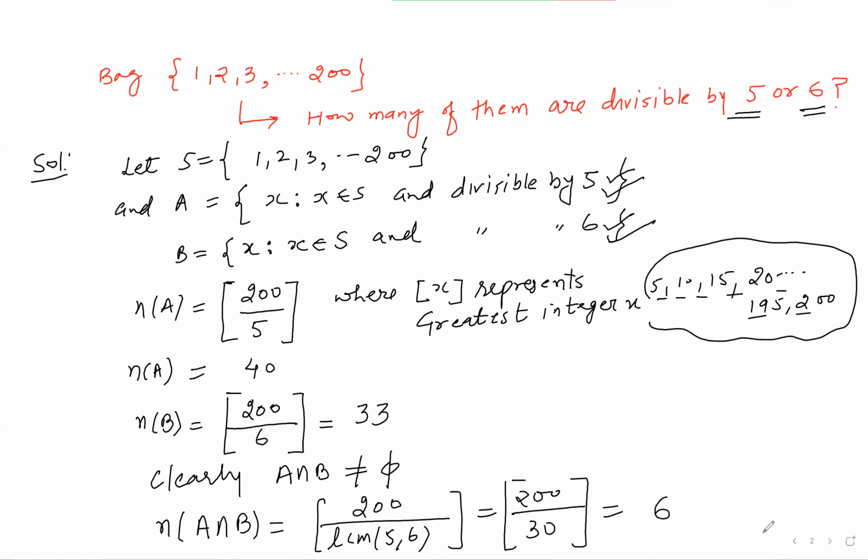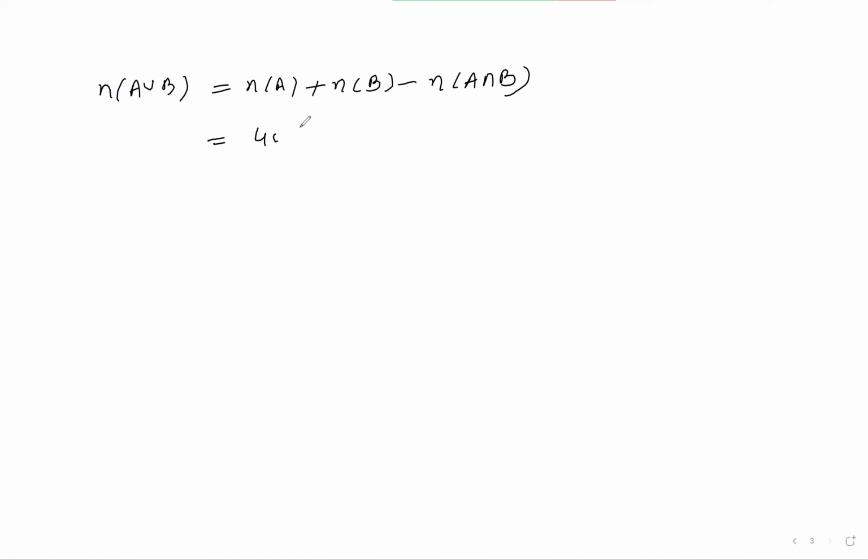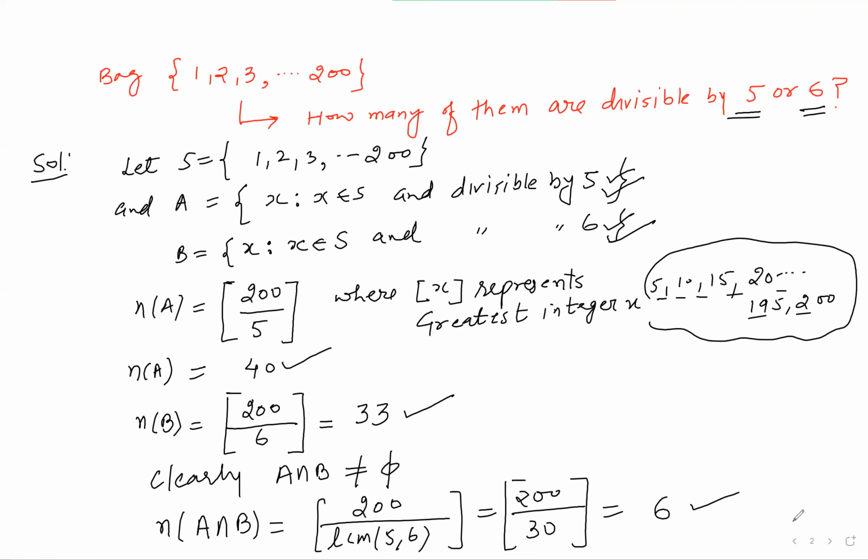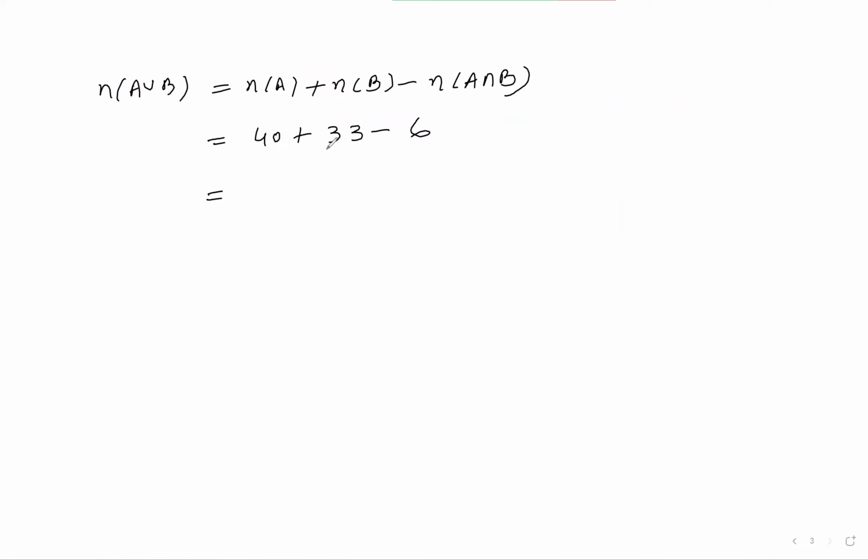Now apply the result. Numbers in A union B is numbers in A plus numbers in B minus numbers in A intersection B. So what is numbers in A? This is 40. Numbers in B, 33. And then 6. Plug in these values here. This is 40, 33, and 6. What do we get? This is 73, 67. So 67 numbers are there which are divisible by